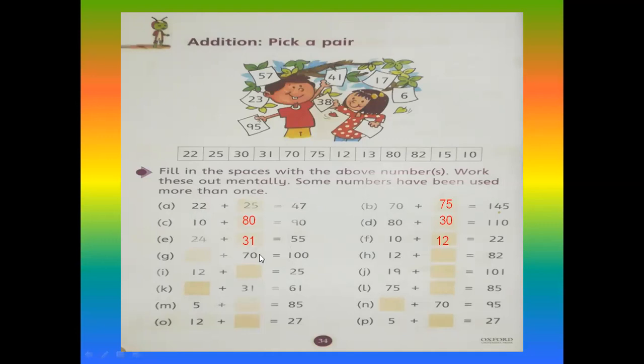So 0 plus 0 is 0, and 3 plus 7 is 10. So it means 30. Look, 30 comes a second time, in D part also 30, and again in G part 30. So 30, 70, 100. And the second method, 100 minus 70, the answer will come 30, and you can write here 30.